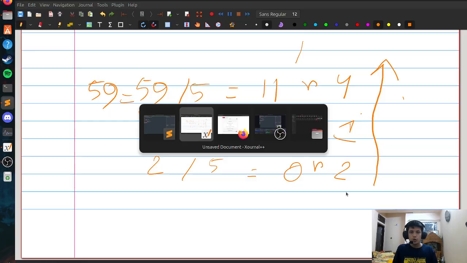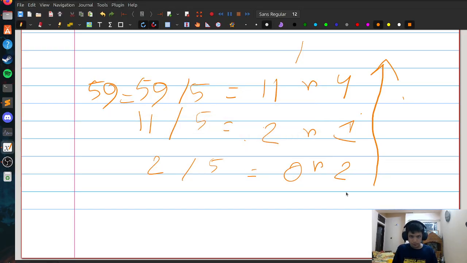Now, when does the loop stop? Yeah, when does the loop stop? We will use a loop here. Let's use a while loop here. This while loop will stop when